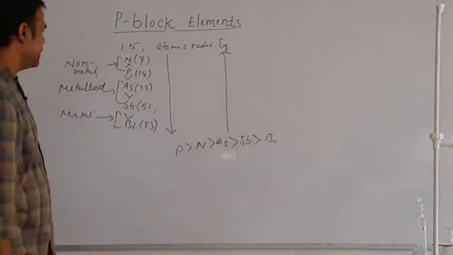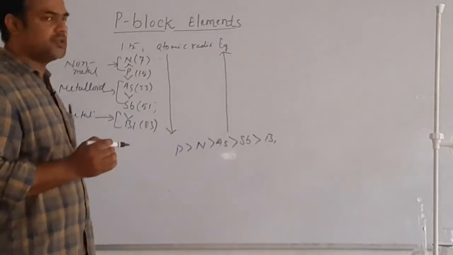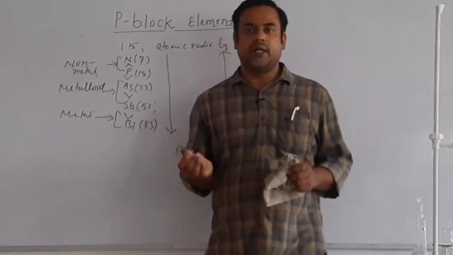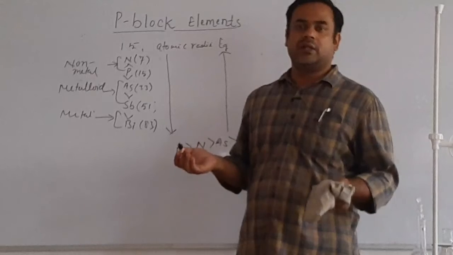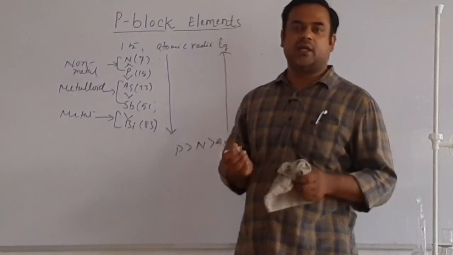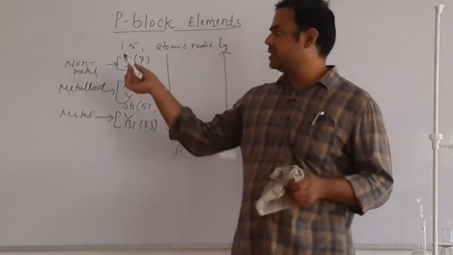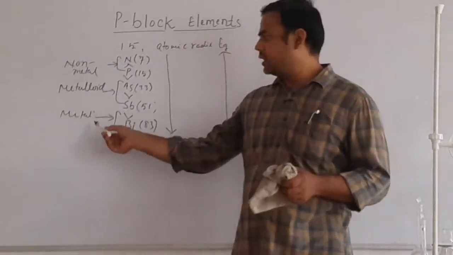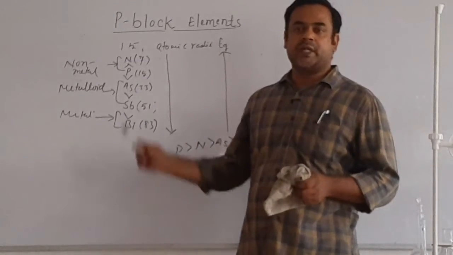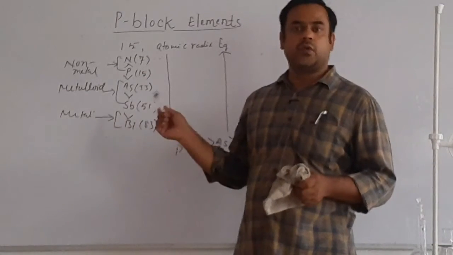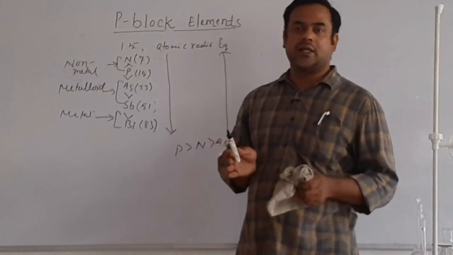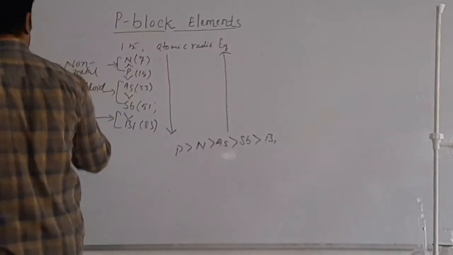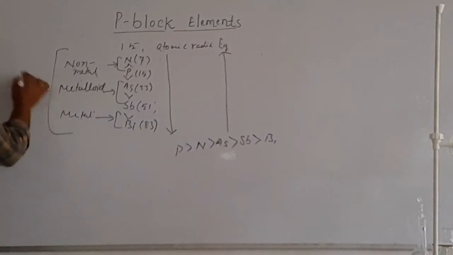So we can clearly see here that group 15 is a heterogeneous group. Why is it a heterogeneous group? Because it contains metal, non-metal and metalloids, all the variety of elements present in the periodic table are present in this single group. Non-metals are also there, metalloids are also there, and metal is also there. That's why this is called a heterogeneous group. Mostly all the P block groups are heterogeneous.